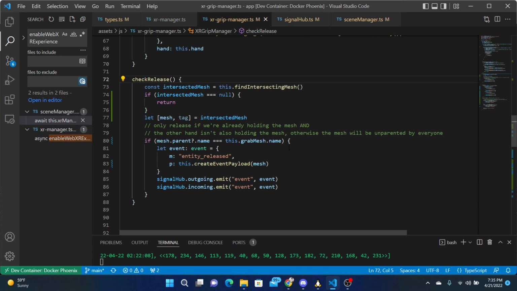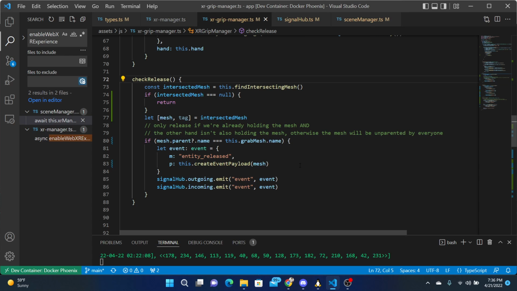Then your left hand grabs it too. That essentially allows you to pass something from your right hand to your left hand. That works fine. Now your left hand's holding it and your right hand's not holding it. But your right hand is still gripping that grip button, right? So when you let go of that grip button,